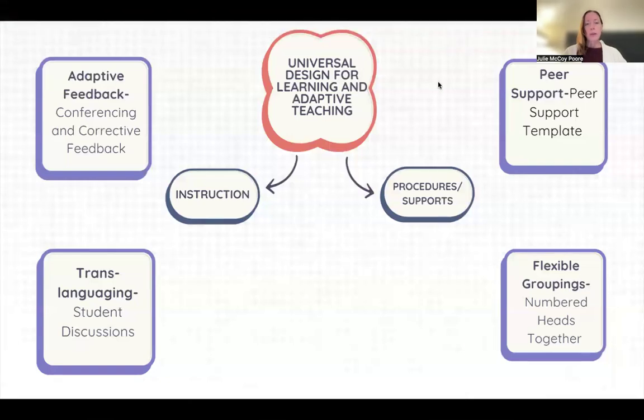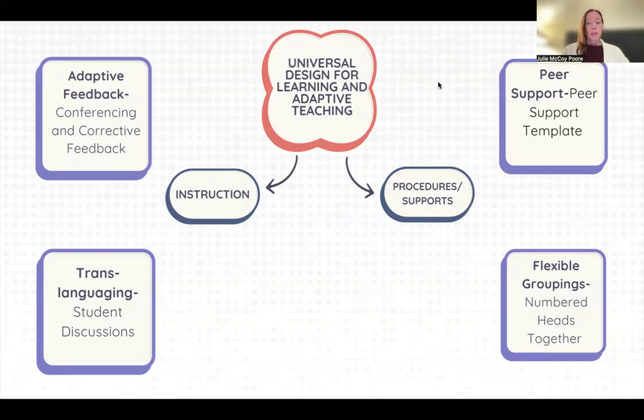Hi, my name is Julie McCoy-Poore, and my research is focused on universal design for learning and adaptive teaching. Universal design for learning is multiple means of engagement and expression in lesson design and in classroom instruction. And adaptive teaching is in the moment changes that teachers make to adapt instruction to better fit the needs of